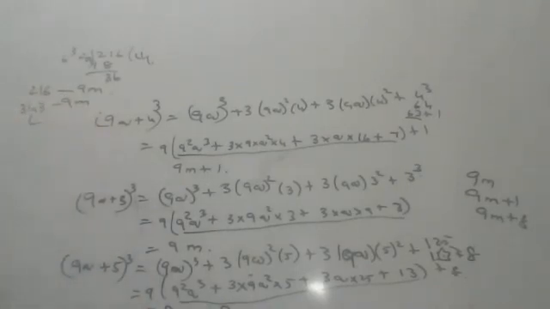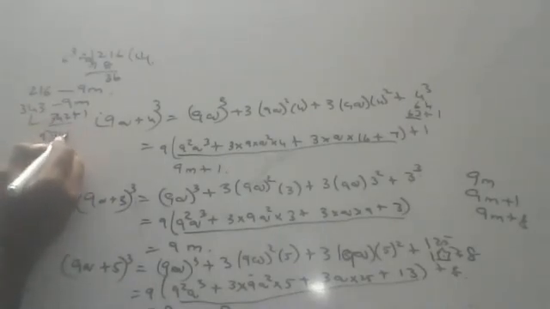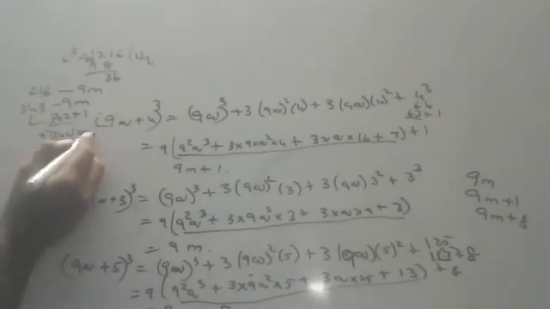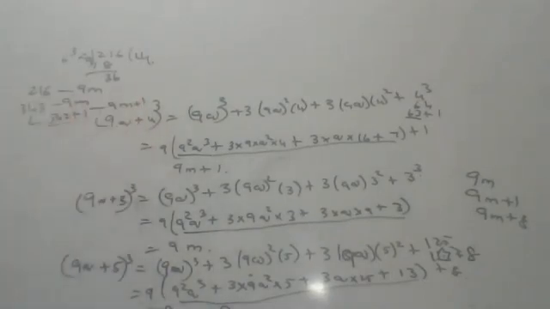Okay, children. When they don't go in the 9 table directly, then what will we do, children? Then we will write 342 plus 1 and see. 342, will it go in the 9 table? Yes. How? Check, children. If you want, you check. 9 3s are 27 and 9 8s are 72. Yes. So here the condition will become 9m plus 1.